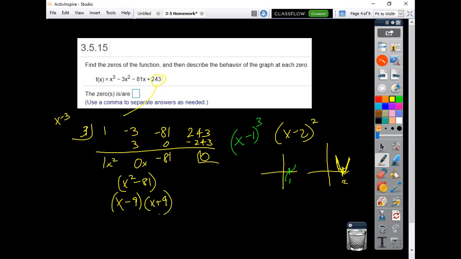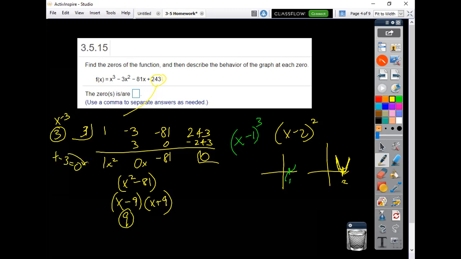The zeros then would be 3, 9, and negative 9, when each one of these equals 0. So you took x minus 3 equals 0, added the 3 to the other side. You did x minus 9 equals 0, added the 9 to the other side to get this 9. X plus 9 equals 0, subtracted. So that's the one way, and that actually was pretty fast if you know your 243 factors the way I just described them to you. If you do, you could also